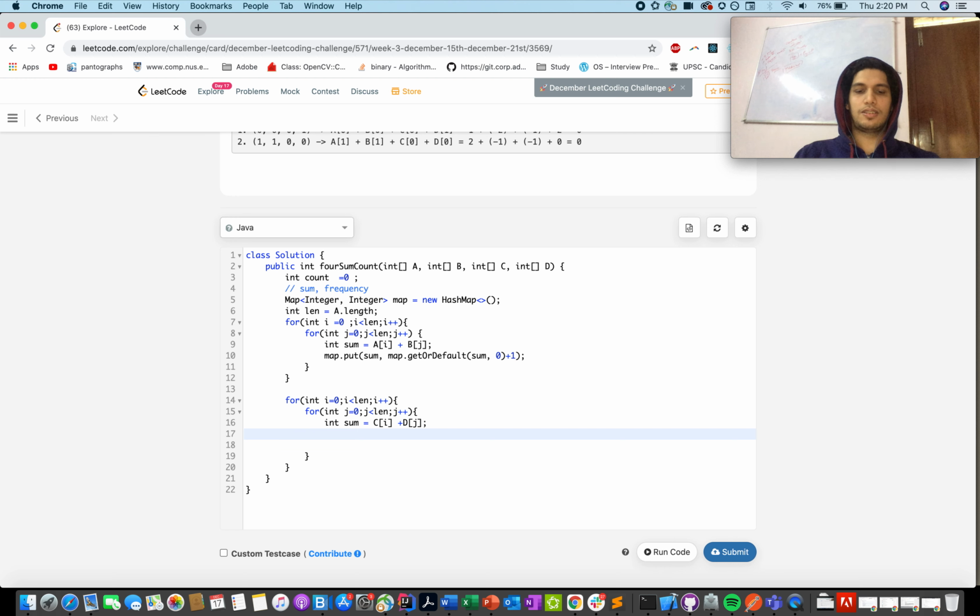And let's try and count the times where minus sum exists in the map. Map dot get or default, so that we don't need to keep an if check here whether it contains or not. Minus sum comma 0, and let's add this in your answer object. We are done with this and simply return the count.